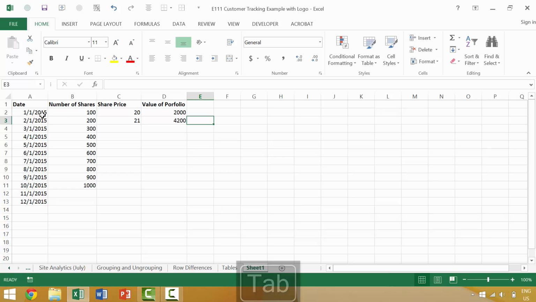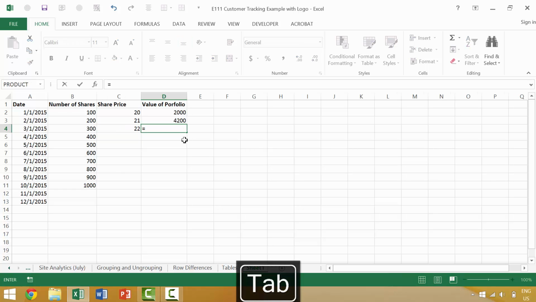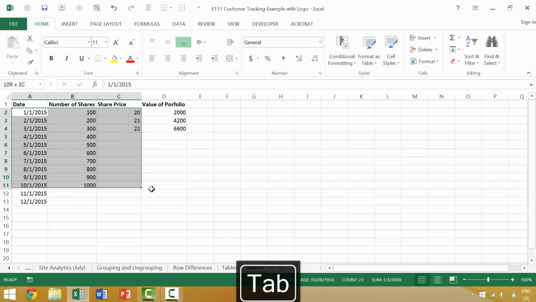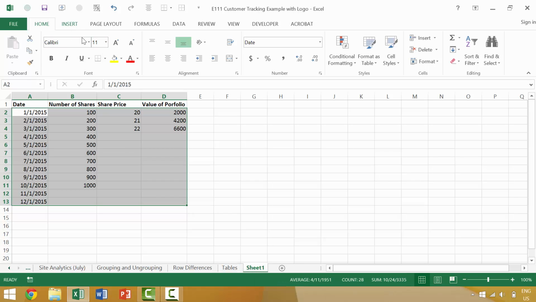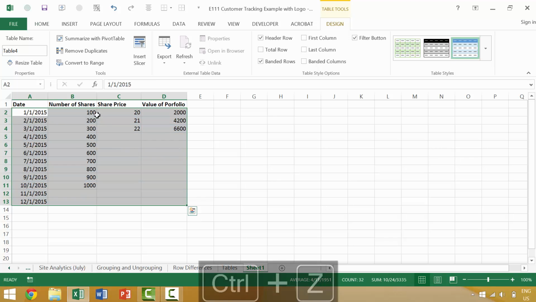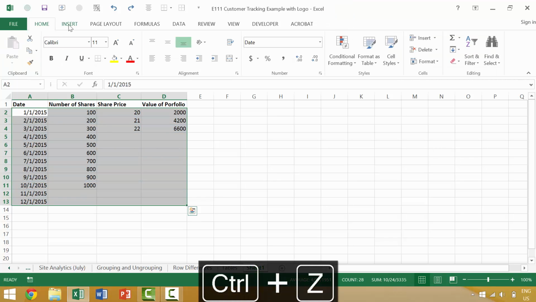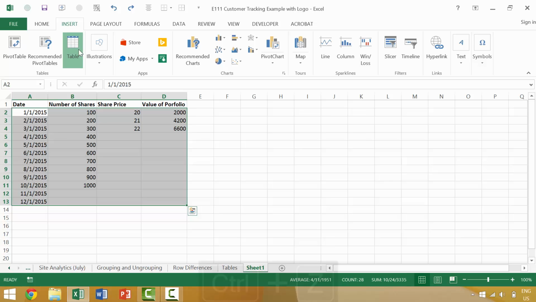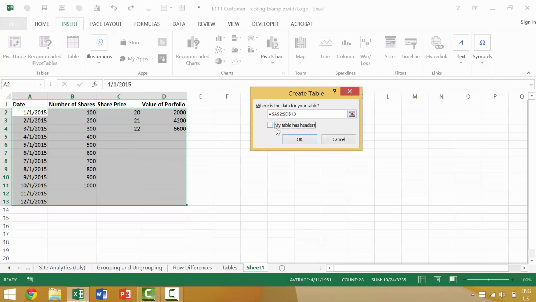If we had made this a table, then it would have bumped over. But apparently when you are in a cell and you press tab, then it's going to move over to your right. We're going to hit tab and move over to the right. However, if we had made this a table, which we'll discuss in a later lesson,